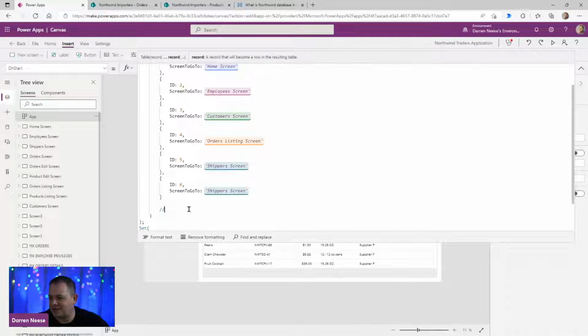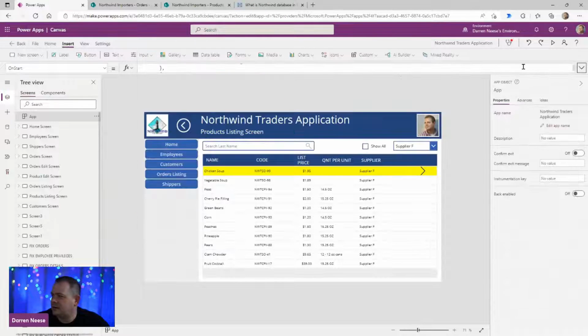All right, so we got 6 in there. We got the new screen. So now if I hit,